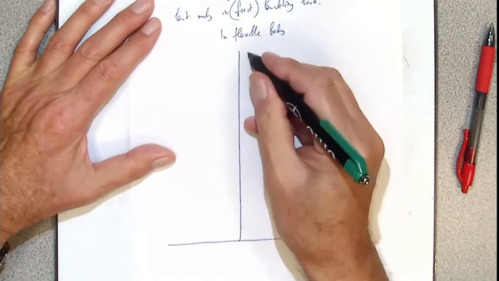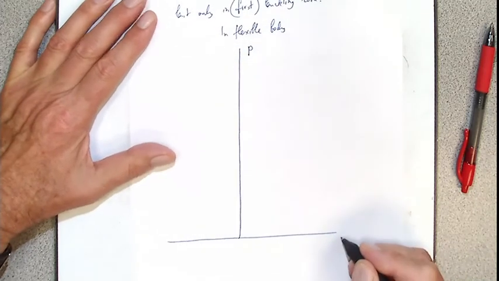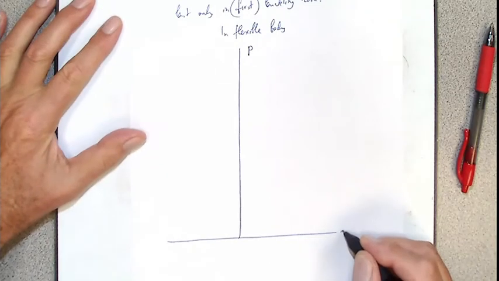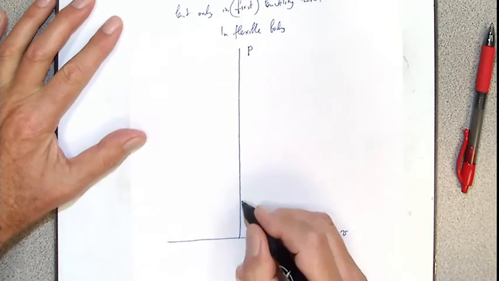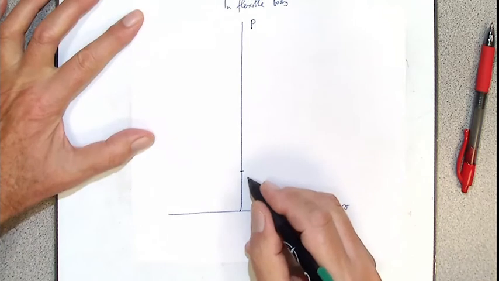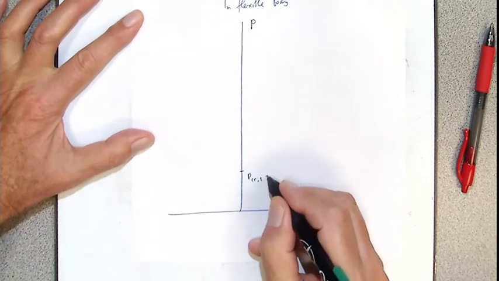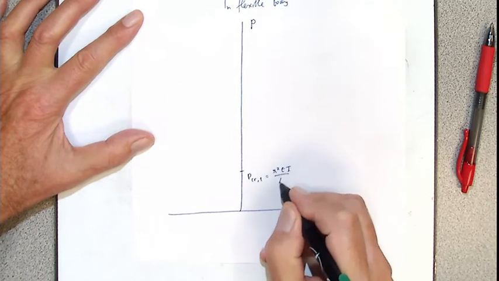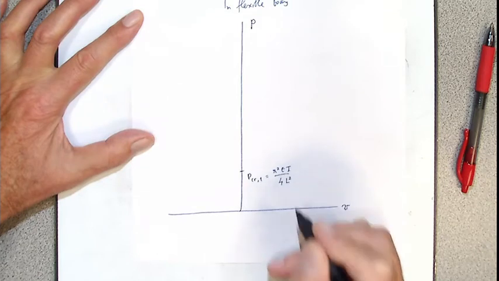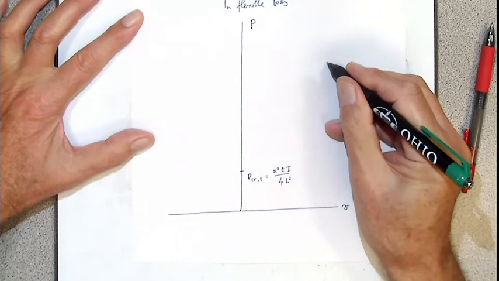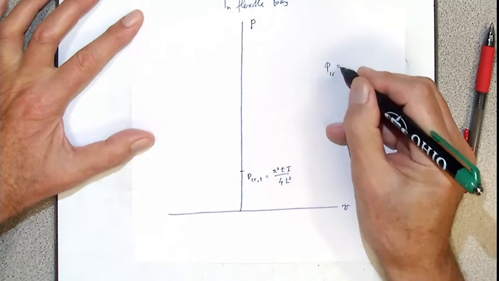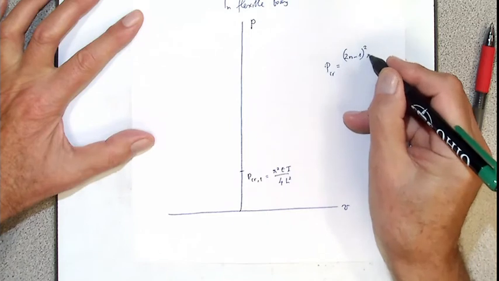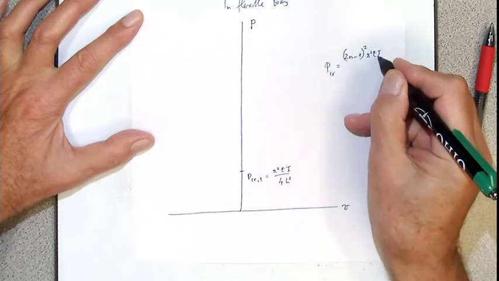That is P, that is V. So then here we have P critical 1, which equals pi squared EI over 4L squared. And then the general expression is P critical equals (2n minus 1) squared pi squared EI